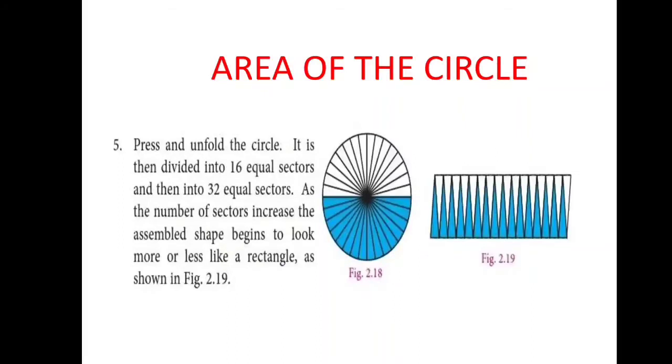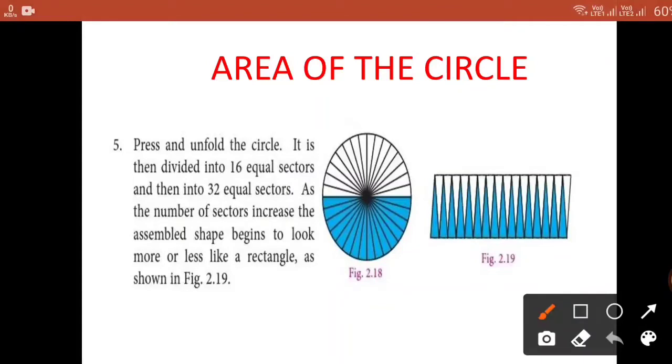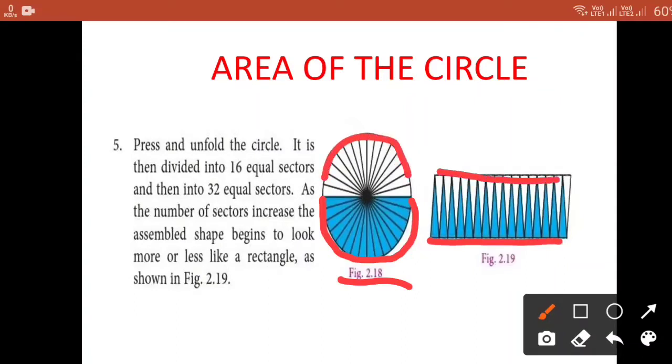So see the down part. Let me explain you. Here this part is here, and then this upper part is here. Both join together to form the circumference of the circle, right?